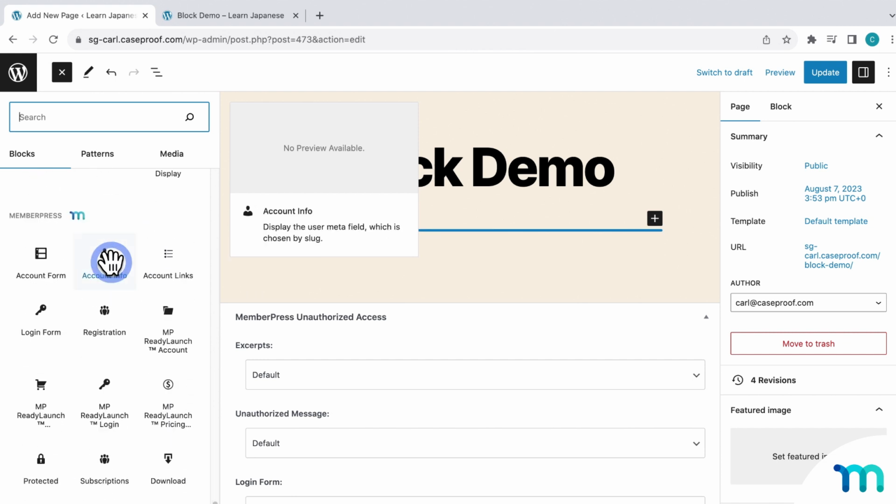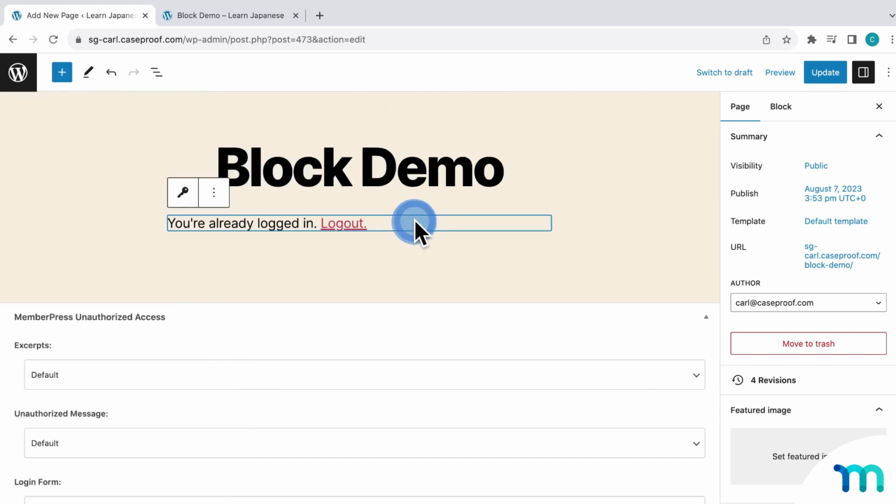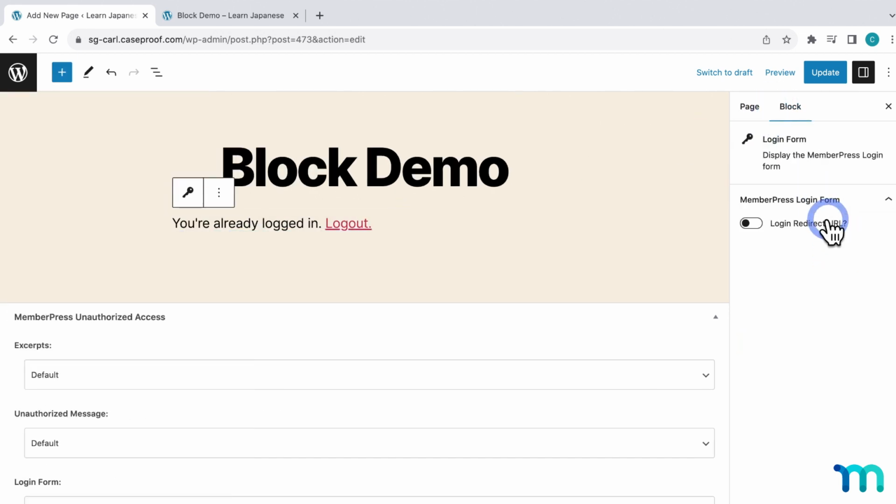The next block that we see is login form. This will display the username and password fields to be able to log into my site. So I can let my members log in right here on this page instead of having them go to the login page to have to log in. So if I insert the login form block, and then make sure the block's selected,